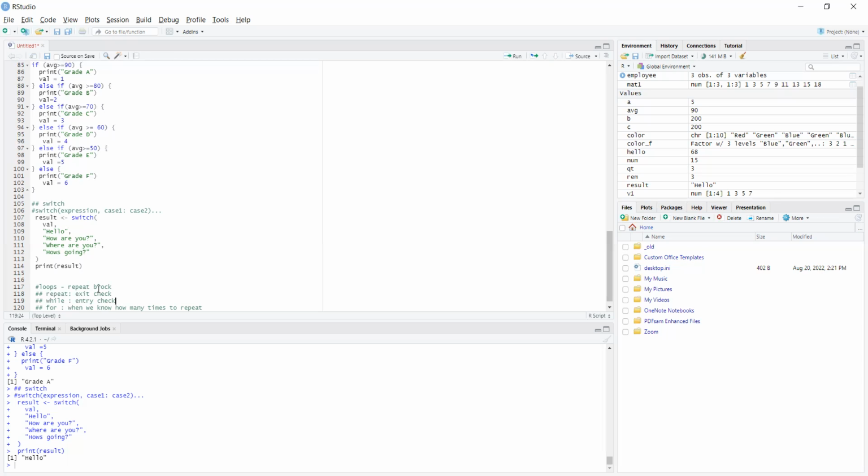With while, you check the condition first. So we are doing an entry condition. It's like going to a concert where they have a gatekeeper to check your ticket. That is like while. Without your valid ticket, you can't get in. Now, when we travel in a metro or train, they don't check your ticket at the gate. You get into the train, then they check your ticket, right? That is like your